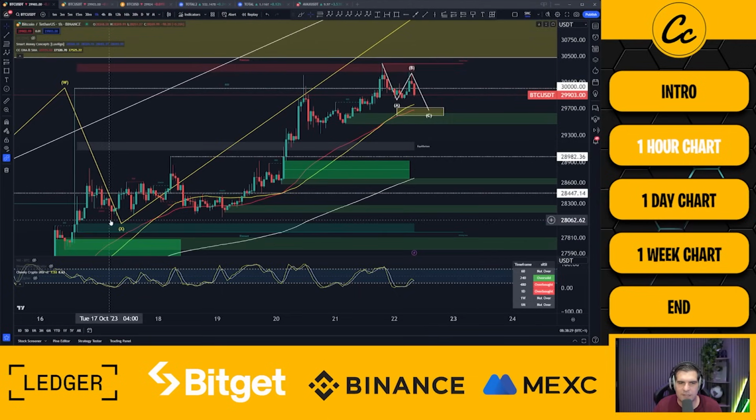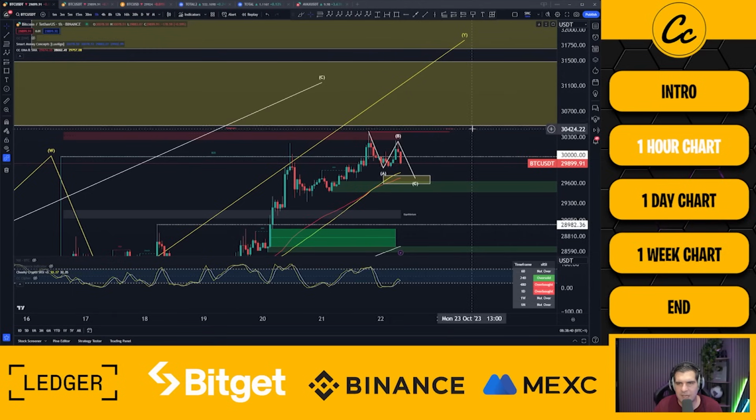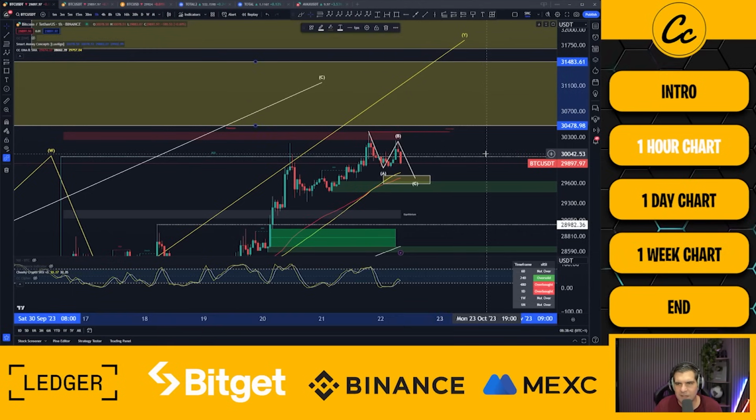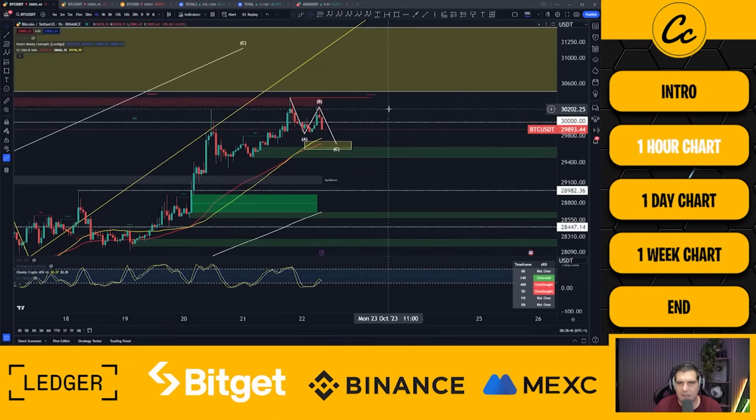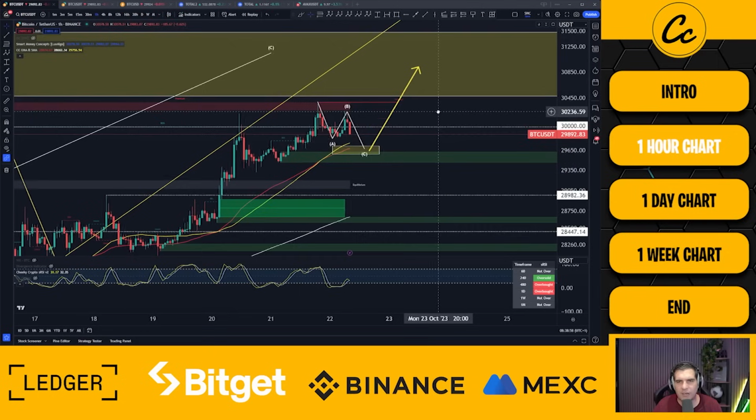So when we take a look at this internal workings, it's still very interesting to me. This could be a WXYXZ right into the end where we get into this higher expectation right here, which is basically 30,478 to 31,488. So that's going to be the area that I'm looking for. I'm looking to find support here on one of these EMAs or SMAs, and then move up a little ways. It won't be massive movement, maybe 4 to 5%. And obviously it is a weekly close today, so we'll be taking a look at that as well.